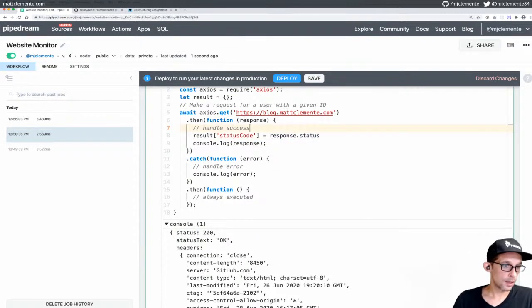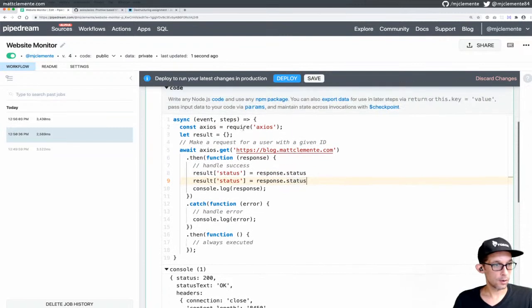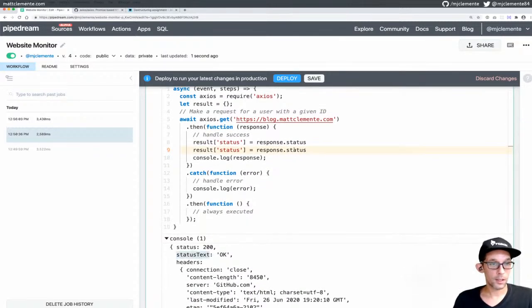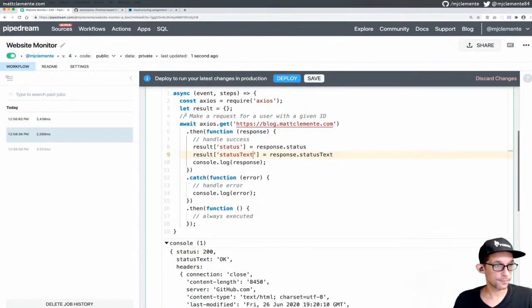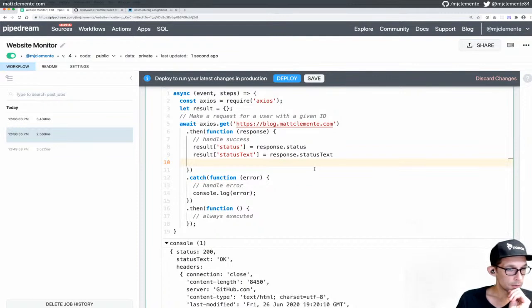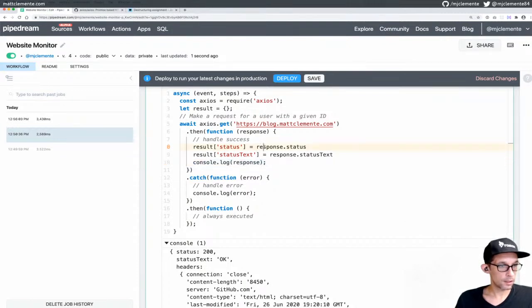response.status. And honestly, so that we can do destructuring later, let's just do it the same. Or I could have, all right, let's get it working first, and then we can optimize. So I don't need to log that. Actually, why don't we, don't need to do anything with the response there. Assuming it's success, let's